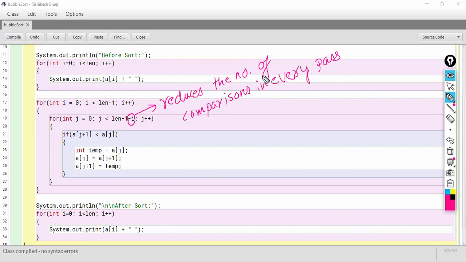It reduces the number of comparisons by 1. That is the job of minus i.